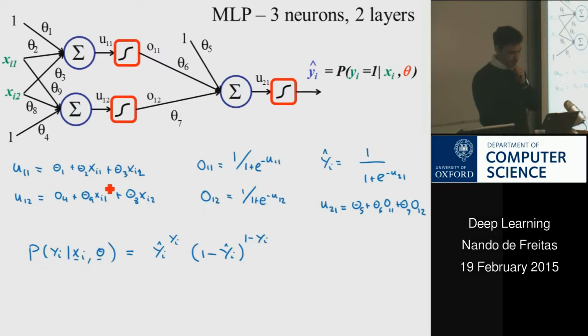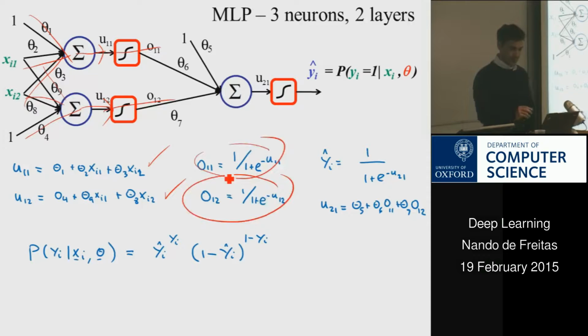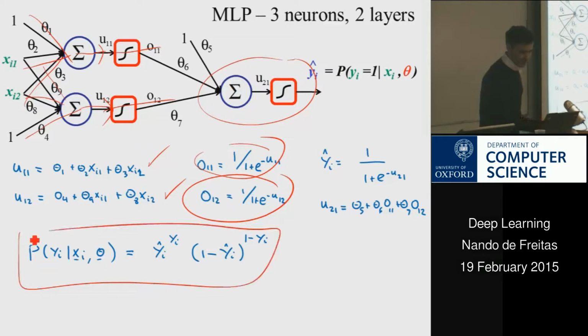Just like before, we will do exactly the same thing. We will think of this as a flow that takes inputs, multiplies them by parameters, produces outputs, and in this case the flow has two channels, and that corresponds to this equation and this equation. Then they both go through sigmoids corresponding to this function and this function, and then they go through one more output sigmoid. And so once again, the probability is just as for logistic regression.